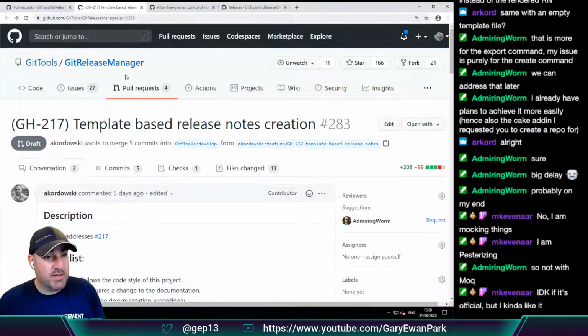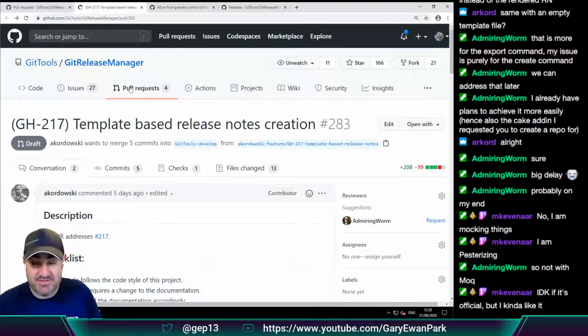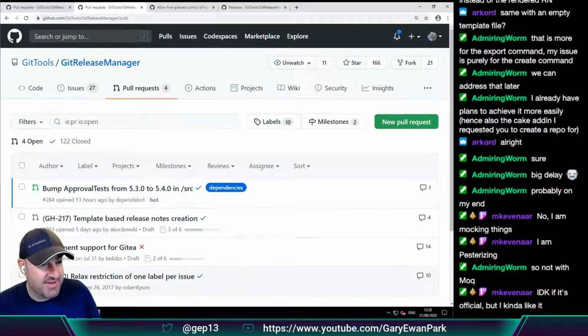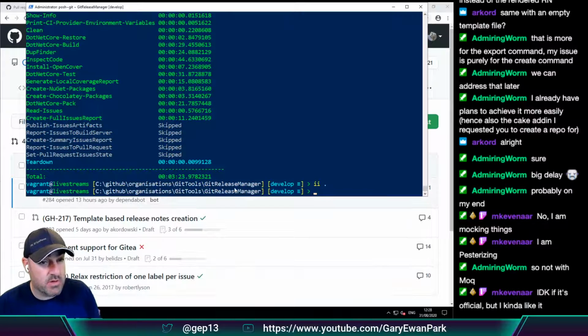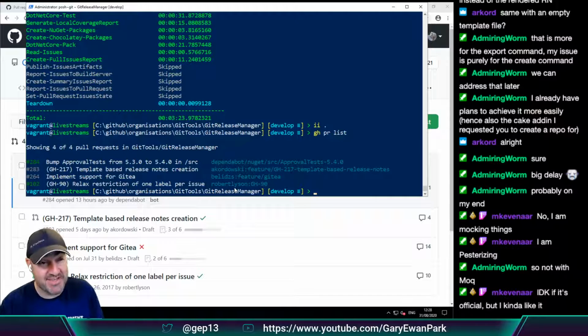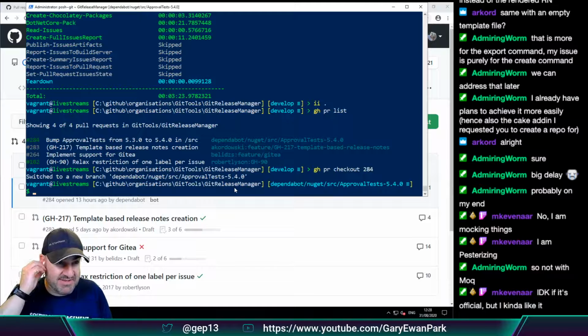Okay, so in terms of GitReleaseManager, pesterizing. I think we should trademark that and go with it. So what I wanted to do was, I'm completely gung-ho now about this GitHub CLI, Kim. It's just amazing. It really is. I still haven't learned everything that it does, but in terms of the core workflow, it's just amazing. Nothing but good things to say about it.